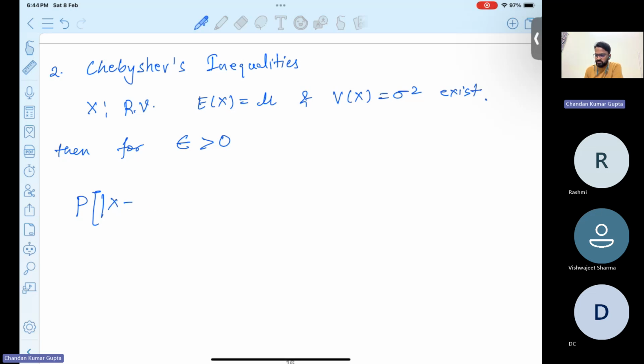The probability that the modulus of x minus c, where c is any constant, is greater than or equal to epsilon is always less than or equal to the expected value of